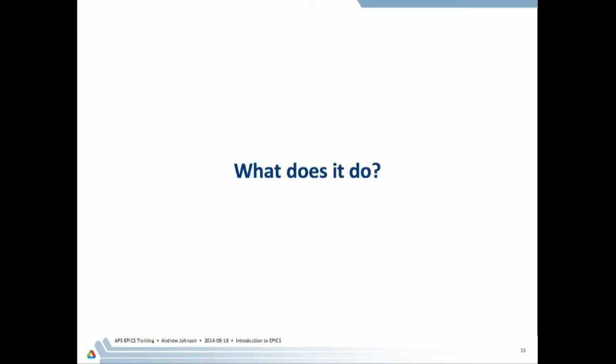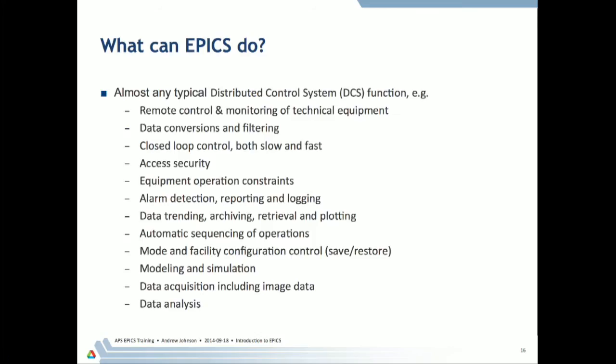So that's the end of our brief history lesson. What does it do, or even what can it do? And the answer to that is pretty much anything that you need from a typical distributed control system. So we've got the ability to do remote control and monitoring of technical equipment, obviously essential for out here. It does data conversions and filtering. We can do closed loop control, and there's both slow loops and fast loops. If you have hardware support, you can do some kilohertz rate feedback